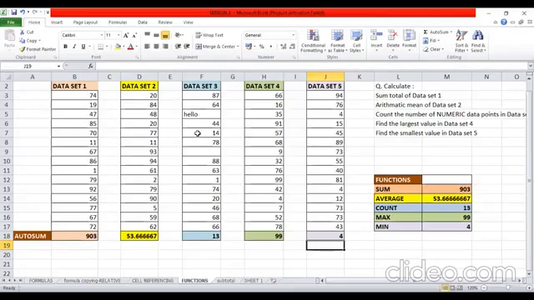All these calculations are dynamic. Let me just show you. For example, here 14 is written. I'm just going to add a space after this 14 and press enter. Now,